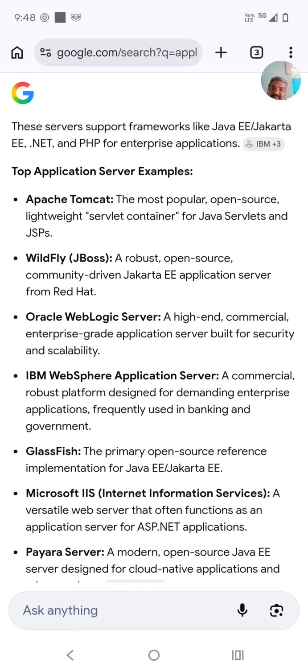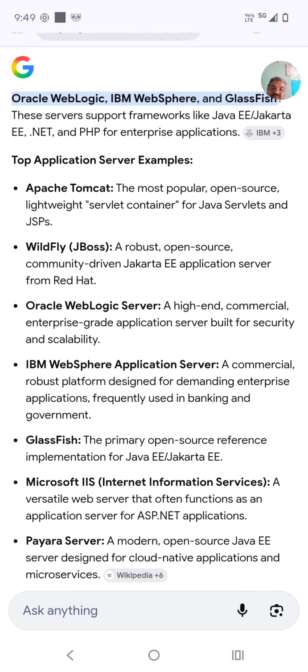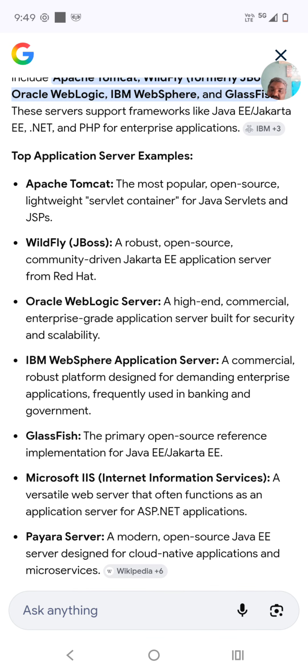Whereas if you take Tomcat, JBoss, WebLogic, developers can handle that. They don't need to have specific administration knowledge of the servers. But if you are going for WebSphere, it is mandatory and compulsory to have a specialized administrator with respect to the WebSphere server. Okay, so this is about IBM WebSphere, and we have an open source implementation,